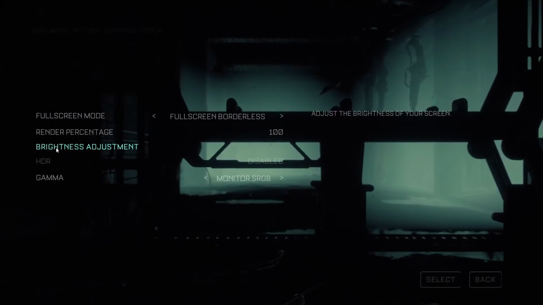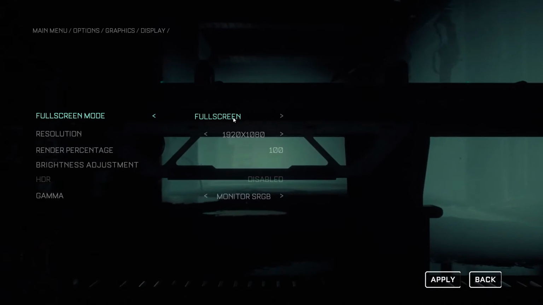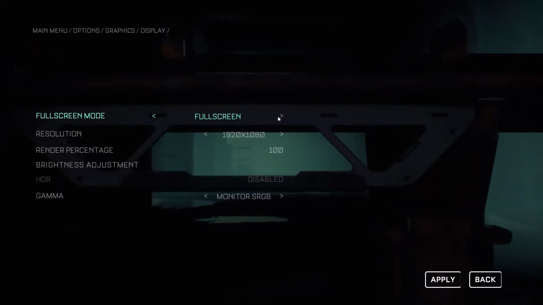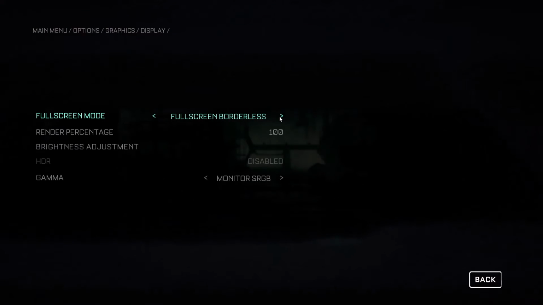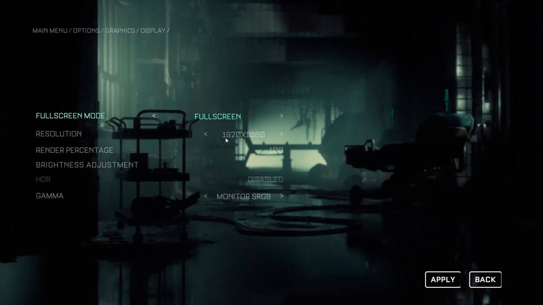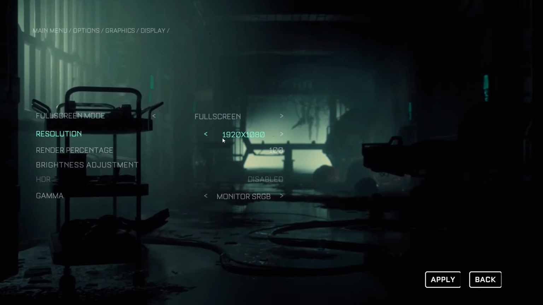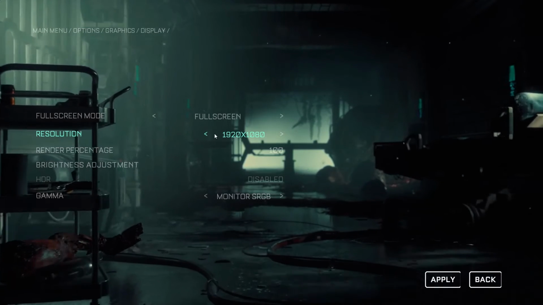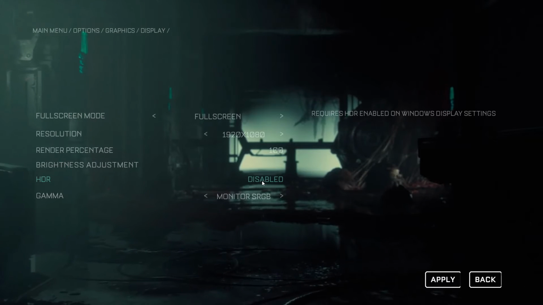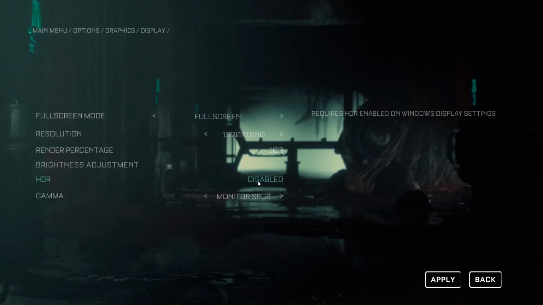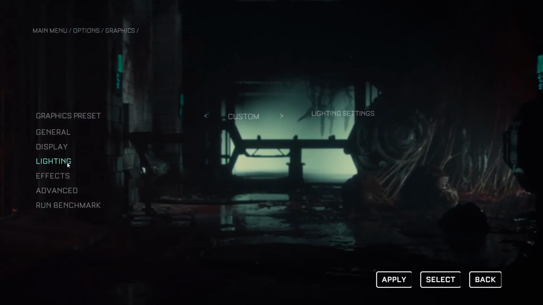Now go to display. Now first of all try borderless and then check the performance. You can even try window mode and then check the performance. So switch to window, or you can even switch to full screen and lower down the resolution. So if this is set to 4K, you can try 1920 by 1080p. You can even lower down more and then check the performance. Now disable HDR. So if HDR is on, disable HDR and then go back, apply the settings, go back